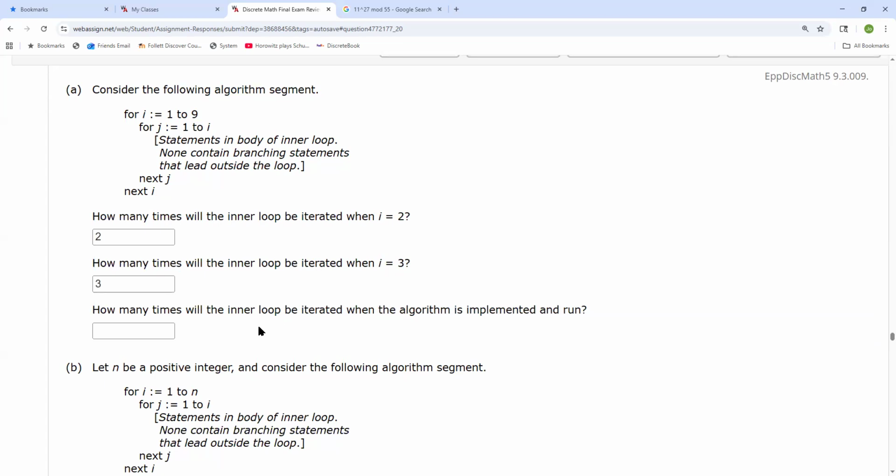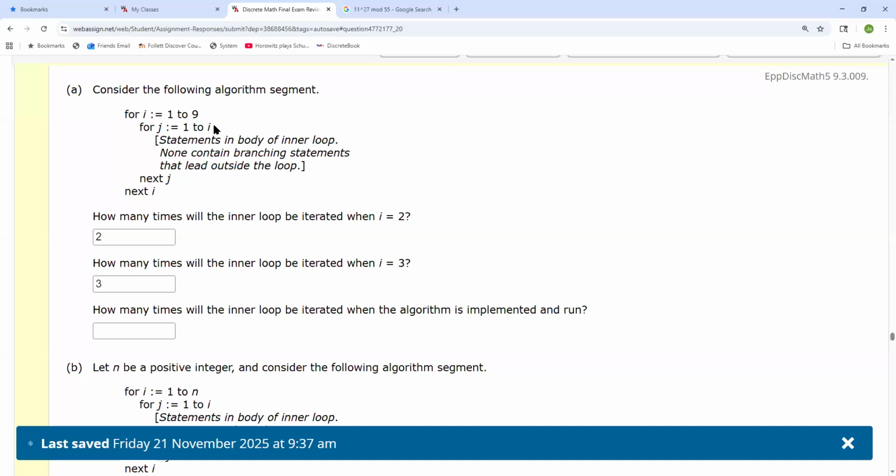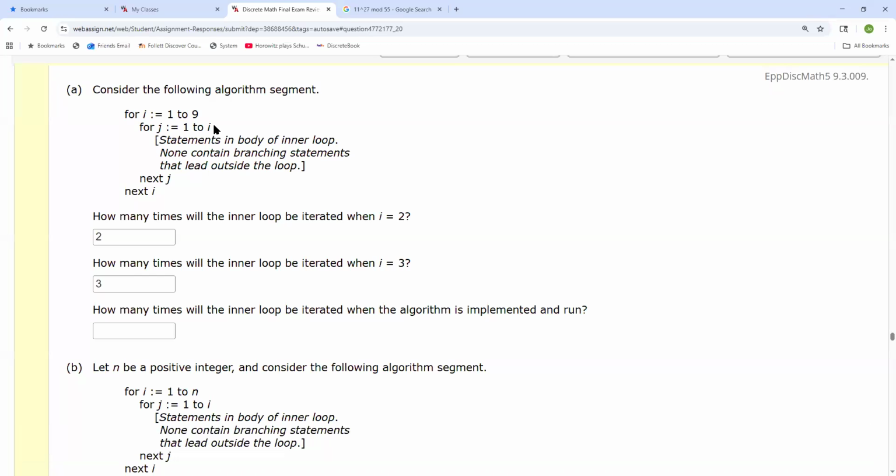How many times will the inner loop be iterated when the whole algorithm is implemented and run? Well, it'll be iterated when I equals 1. It'll go from 1 to 1, which is only once. Then it'll go from 1 to 2, which is twice, then 3. So the total number of times that the inner loop will be run will be 9 different sessions. The first session will only be run once. The second time it runs, it'll be run twice. Then all the way to the ninth time